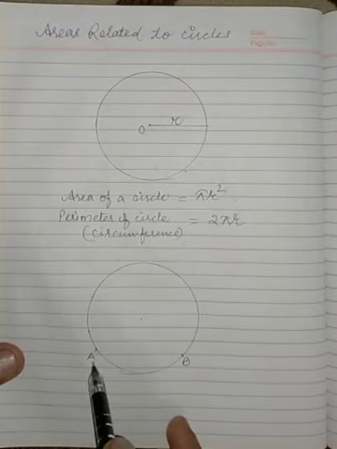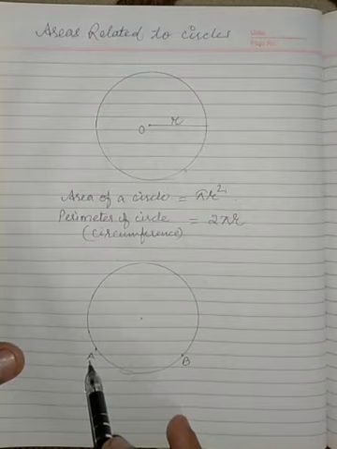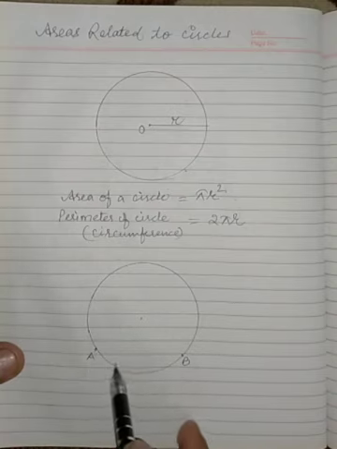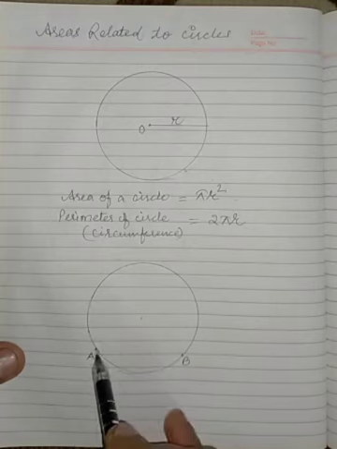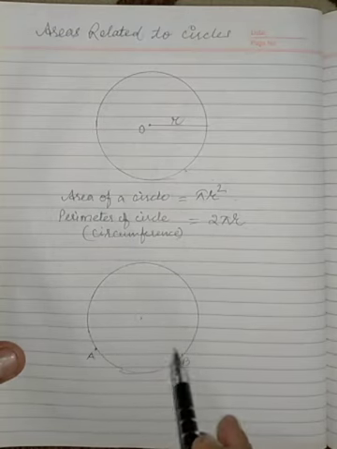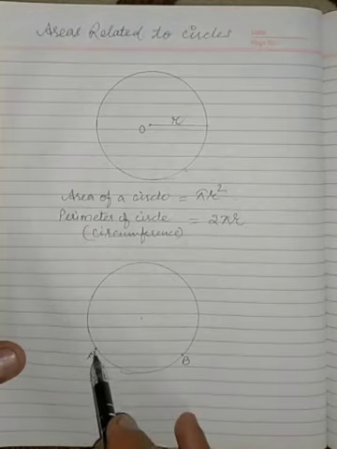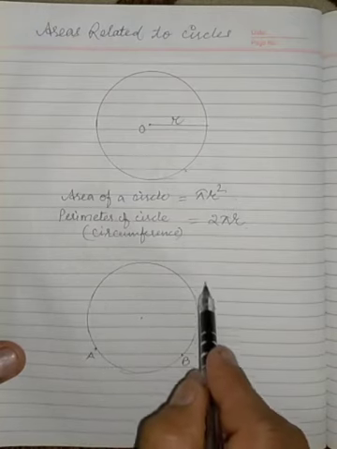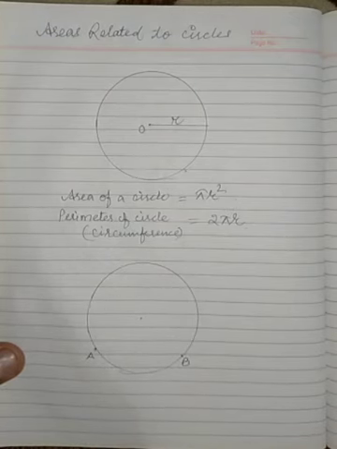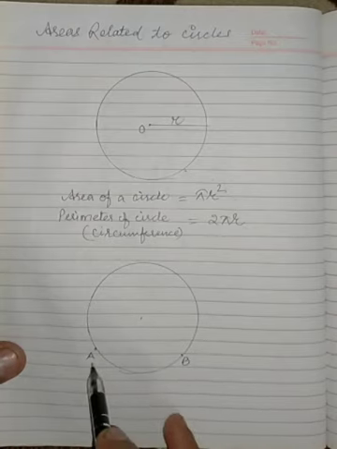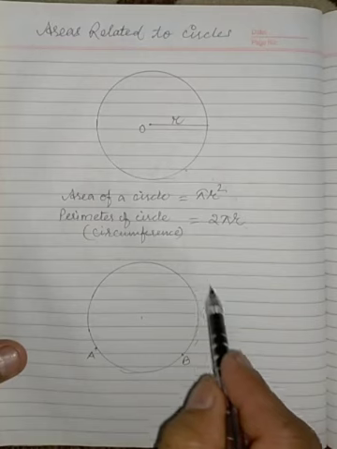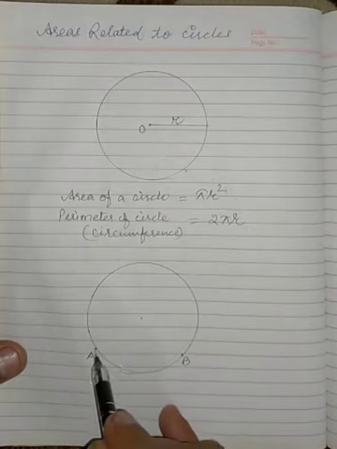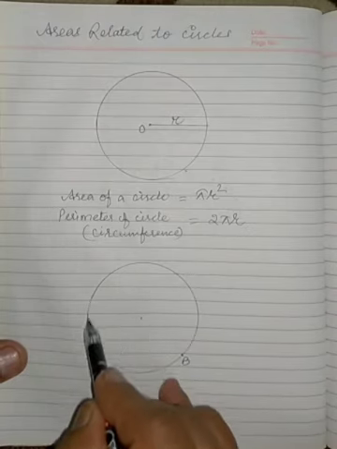Now, this length of the arc can be obtained in two ways. From here to here, AB, which is the shorter distance, and from here to here, AB, which is the longer distance. So this way we get two lengths of arcs. One is a shorter length of arc, and the second is the longer length of arc. The shorter one is called the minor arc, and the larger one is called the major arc. Both the arcs are part of the circumference of the circle.